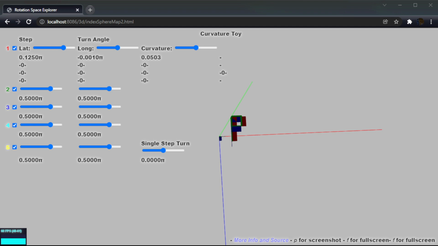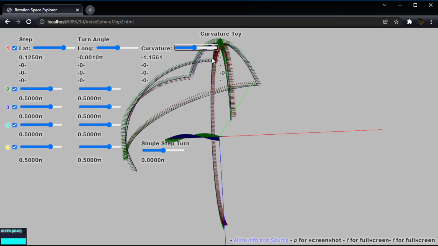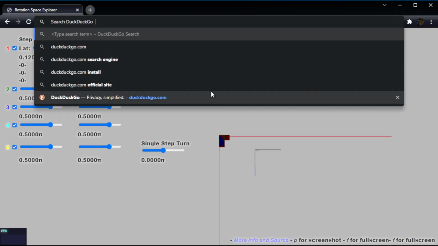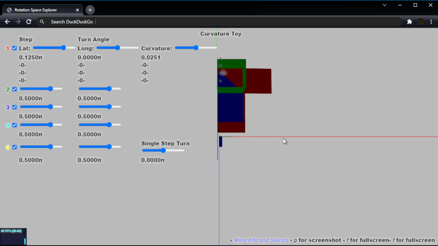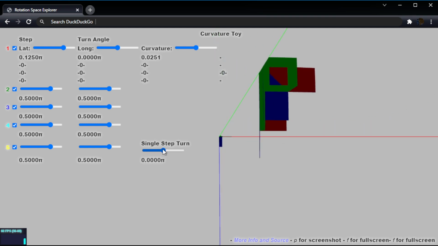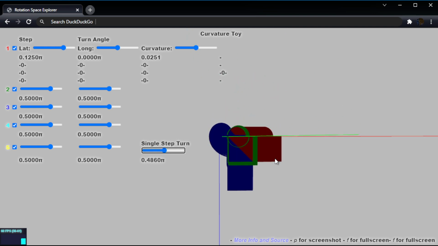So there's this curvature explorer that starts off with a plane, and there's this one path that I can control each step it takes. So I'll just loop that around real quick. The other 4 steps